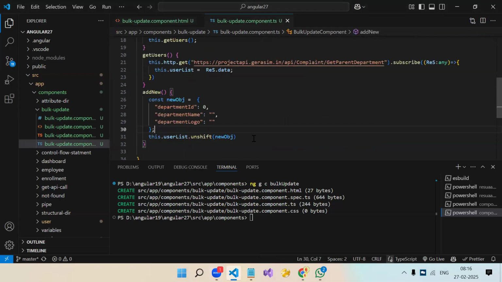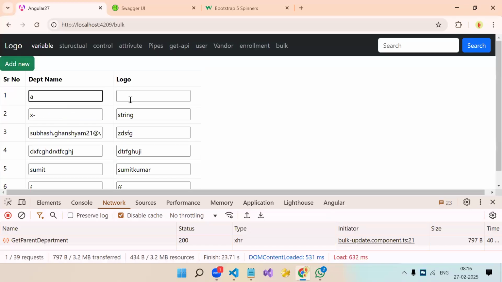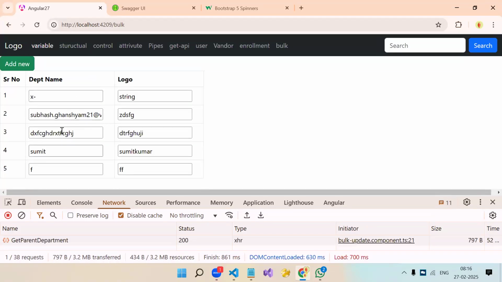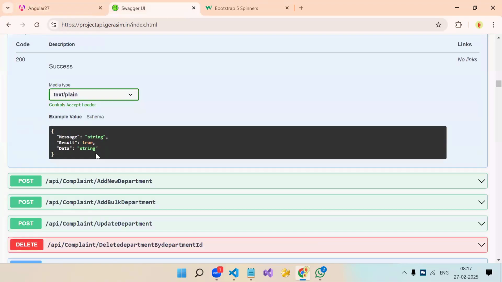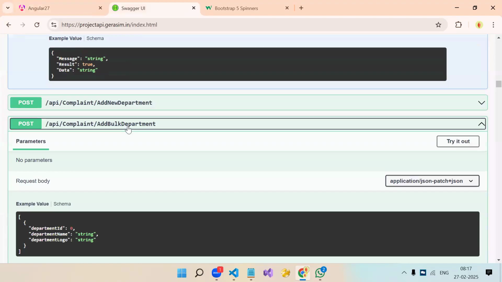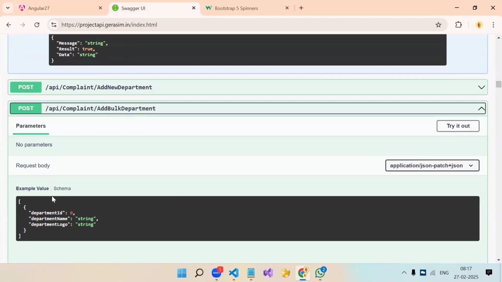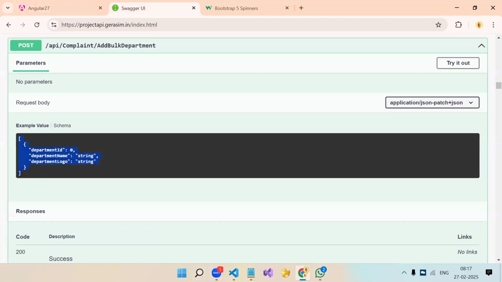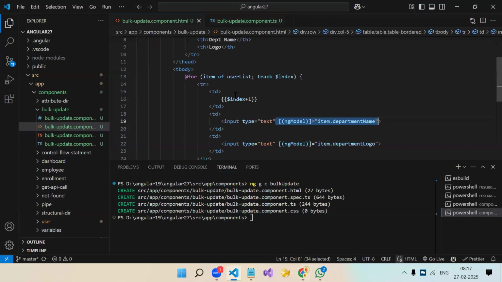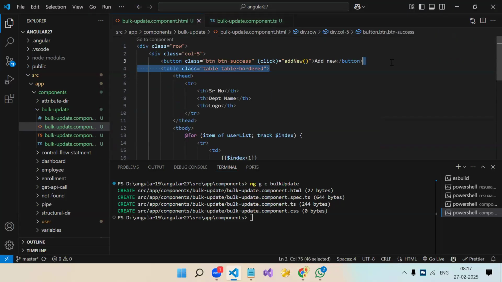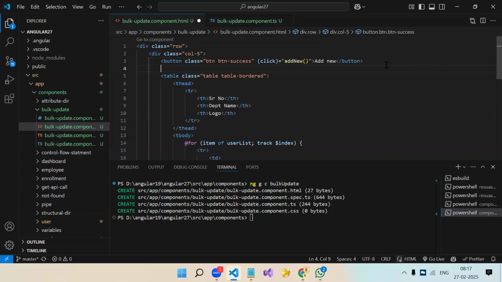Okay? Fine. So on click of add new, a record is getting added into the table, and the user can provide the values also. But it's not going to save to the database. Even if we refresh again, we are going to get the same number of records. So we need to hit this API, that is bulk upload. Okay. So this is a post API, and what type of data does it need? Array. Okay. So after this, we will have one more button to bulk upload.